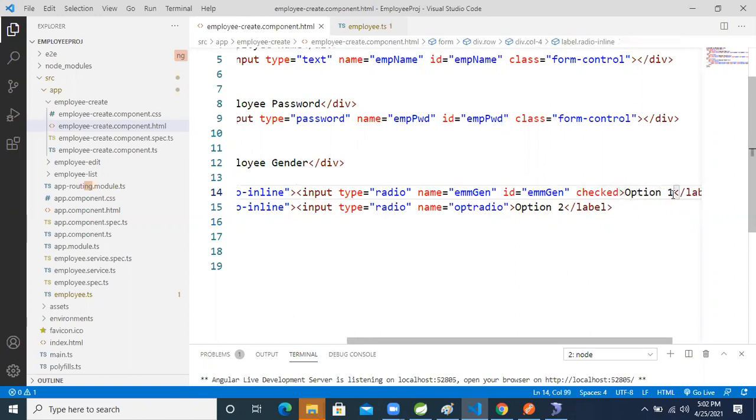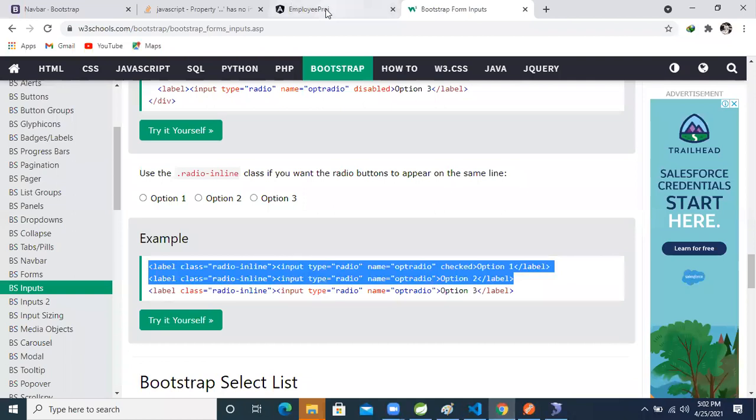Here I'm taking male. Inside that value, I'm taking one value, right? In the value, what I'm taking? Male. And after then, next one? Take same data, right? And here also female. Female, and what is that? Value equal to female, right? So now come to browser, just refresh it.